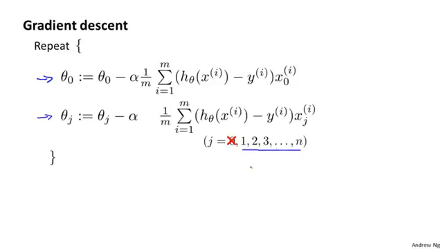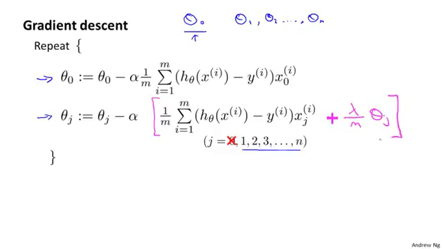up to theta n. And the reason I want to do this is you may remember that for our regularized linear regression, we penalize the parameters theta 1, theta 2, and so on up to theta n, but we don't penalize theta 0. So when we modify this algorithm for regularized linear regression, we're going to end up treating theta 0 slightly differently. Concretely, if we want to take this algorithm and modify it to use the regularized objective, all we need to do is take this term at the bottom and modify it as follows. I'm going to take this term and add lambda over m times theta j. And if you implement this, then you have gradient descent for trying to minimize the regularized cost function j of